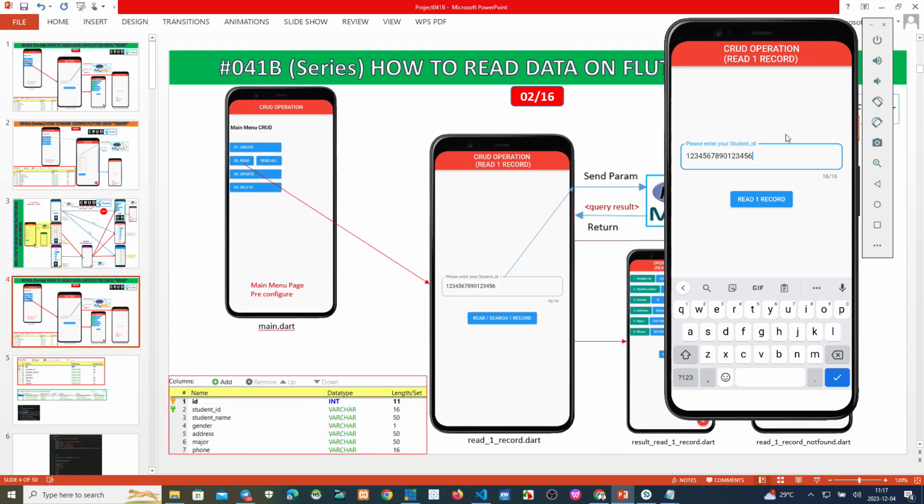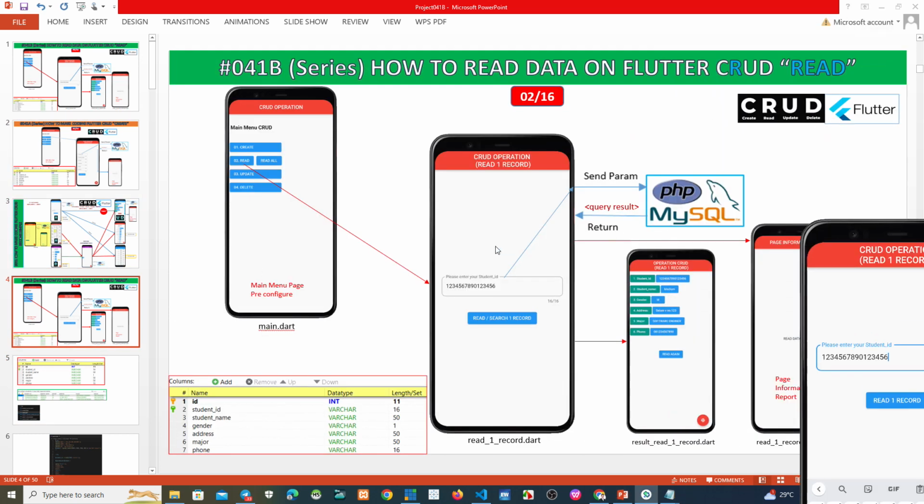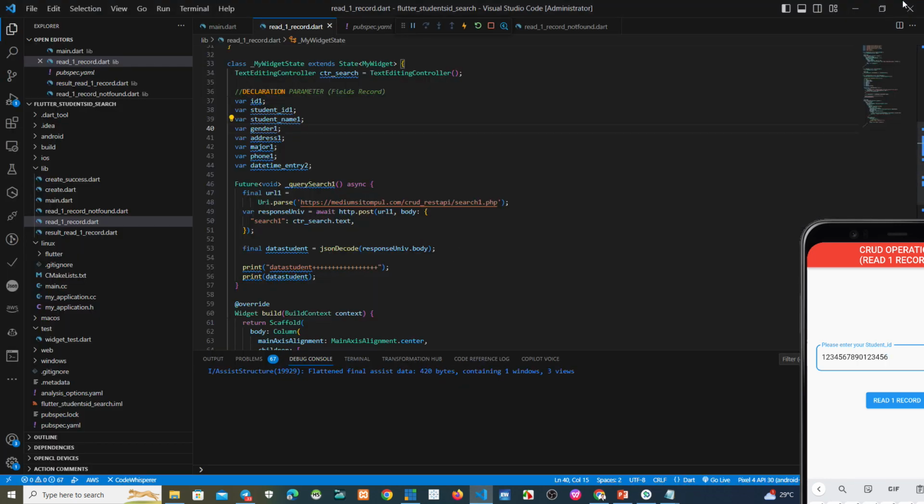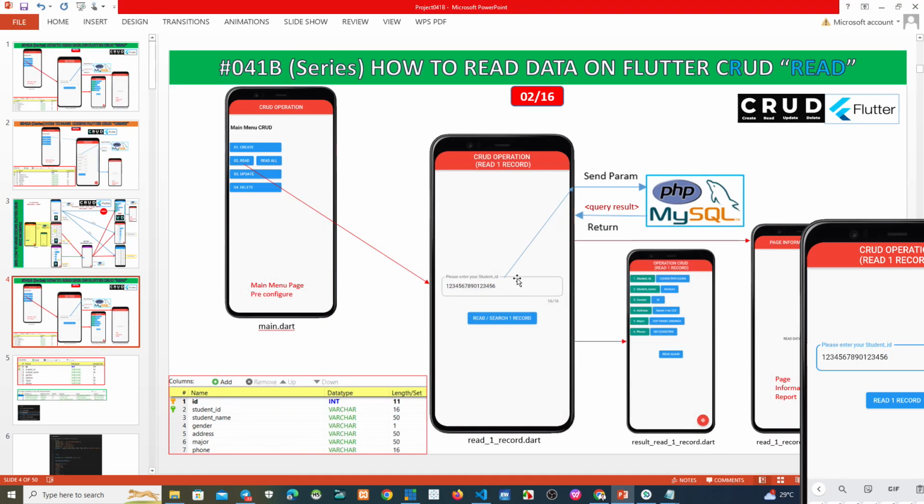after this one, if you put here, you query this on the PHP script. This is a PHP script. Search one, select all parameters from the database where student ID is like this.